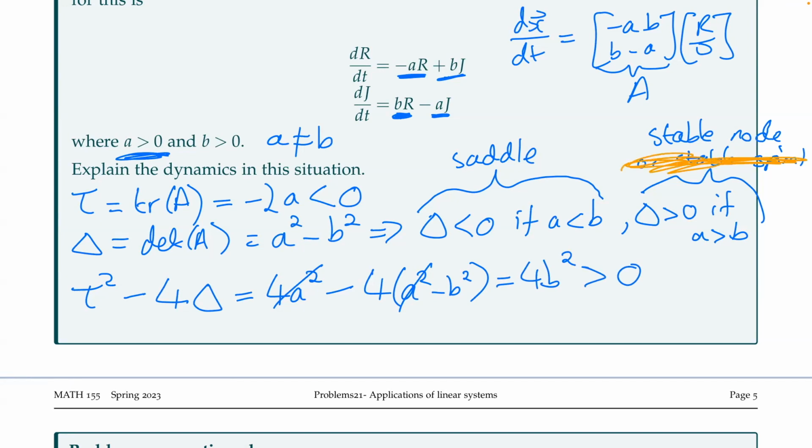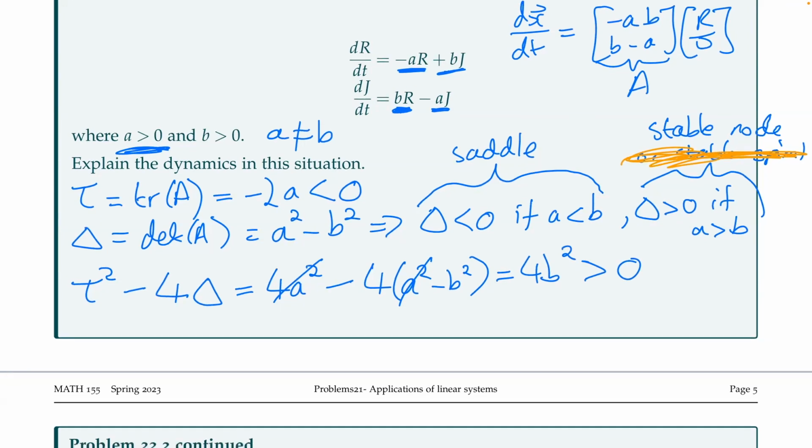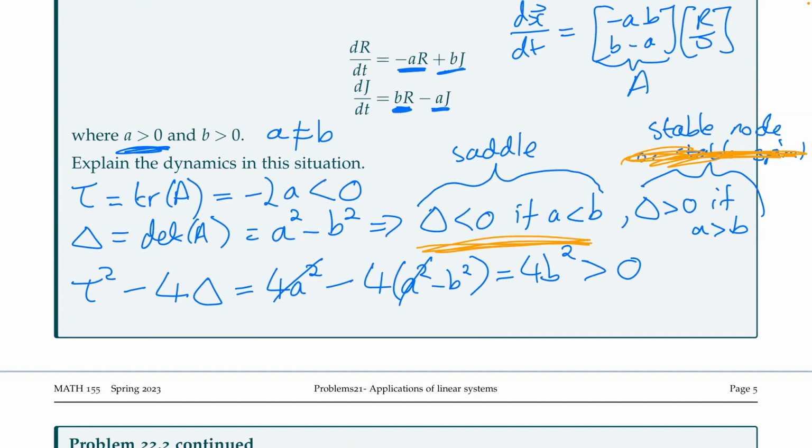Okay, so we have these two possible outcomes. Depending on the relationship between A and B, if A is less than B, we're going to have a saddle, and if A is greater than B, we're going to have a stable node. So